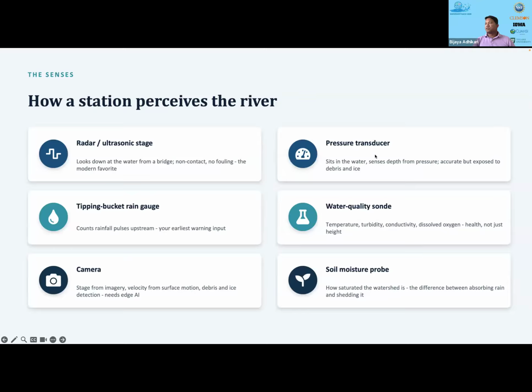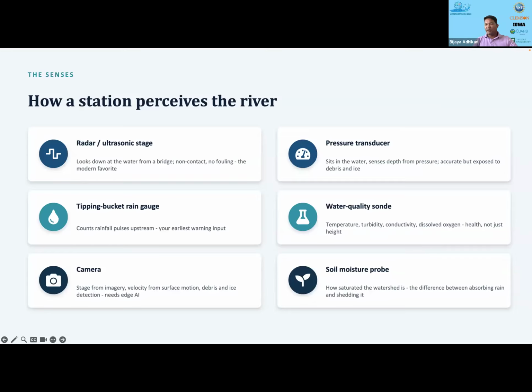There's also a pressure gauge. It sits in the water, and as you all know, how much pressure the sensor senses tells us how deep it is. That basically tells us how high the surface has risen. So it's very, very accurate. You can imagine the pressure gauge can determine the level of the water much better than a camera can,